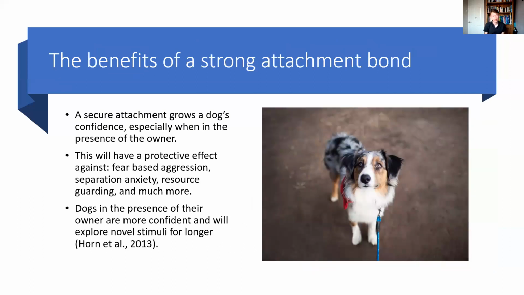So the other thing we can consider in the dog's environment in terms of helping manage fearful behaviours and aggressive behaviours is their attachment bond to their caregivers. So we know that dogs develop these attachment bonds to caregivers in the same way that humans develop attachment bonds to their caregivers, and basically they are able to start to develop this kind of secure base effect that when they're around their key attachment figures, they start to feel more confident and they start to feel more safe.